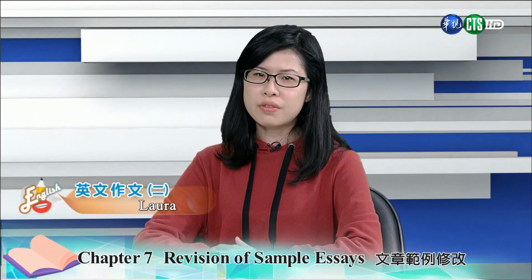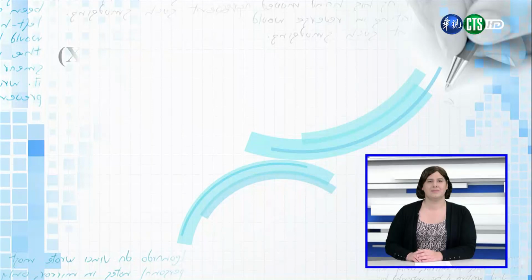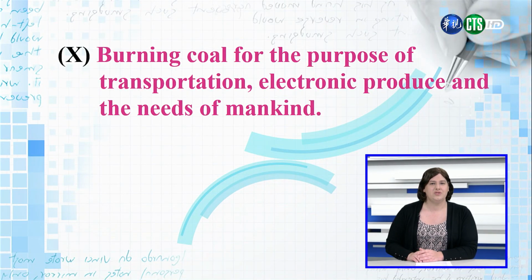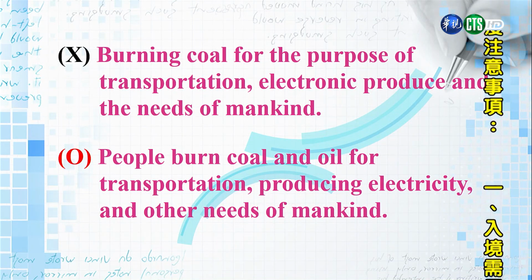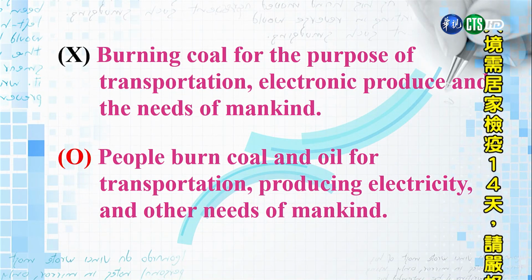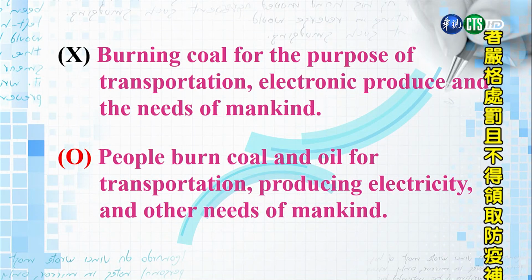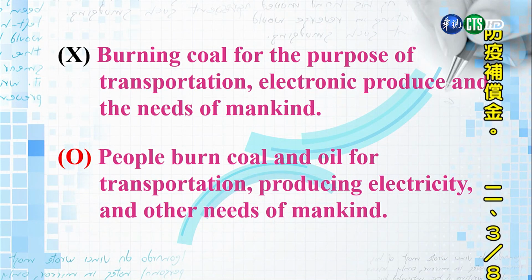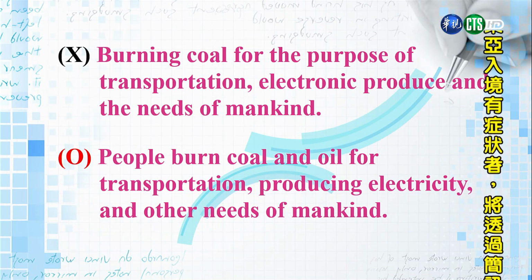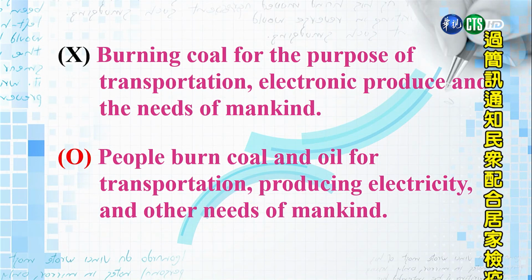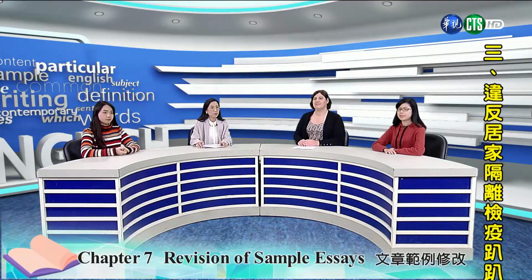That sounds better to me too. The next sentence is too confusing for me. 我觉得 Tiffany 刚刚讲的很好，但是下一个句子我觉得会混淆读者。This sentence is a fragment because it has no verb, which makes the idea confusing. I think what he's trying to say is that people burn coal and oil for transportation, producing electricity, and other needs of mankind. 这句话是不完整的，因为它并没有动词，所以会让读者感到混淆。最好的改法就是加上主词 people，再加上动词 burn，这样就完整了。这句话的意思是，人们燃烧煤炭和石油来提供交通、电力以及其他的需求。